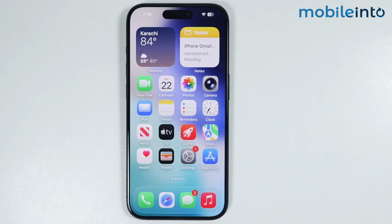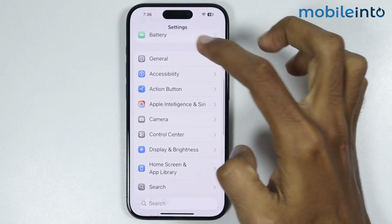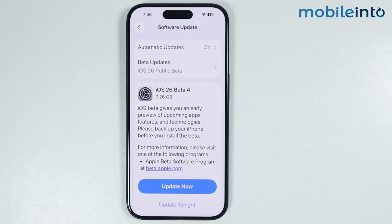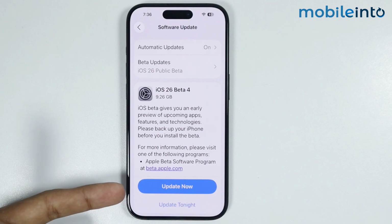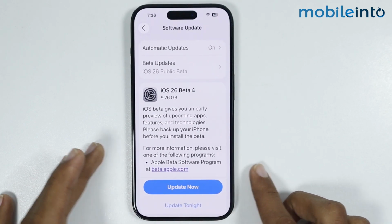Now if this did not fix your issue, just open settings, then go to general. From here, just tap on software update, and from here just check if you have any software update available. If you have any software update available, just tap on update now and update the software of your iPhone. Now once you have updated the software of your iPhone, and if this also did not fix your issue, just